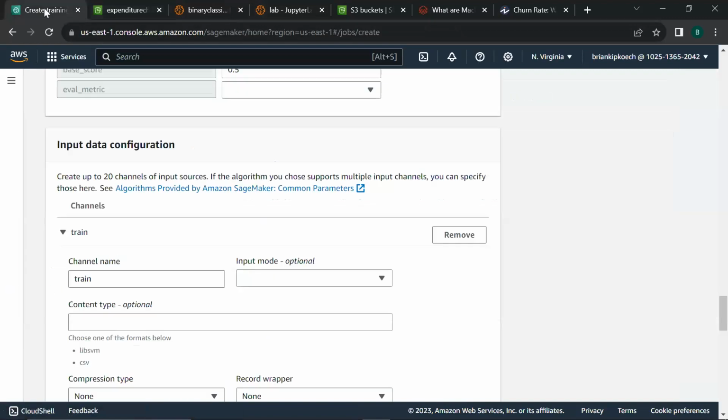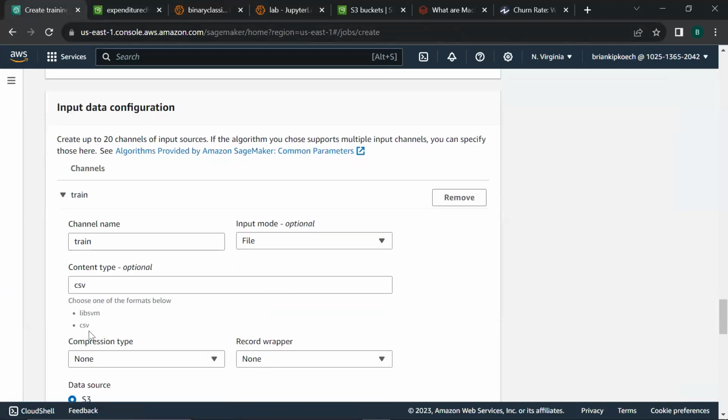So I go back to this step, input data configuration. The first one is channel name, which is train. Input mode, it's a file. So make sure that you select file, even if it's optional. The content type is a CSV file, so make sure you write CSV there. It's already been suggested to you here.